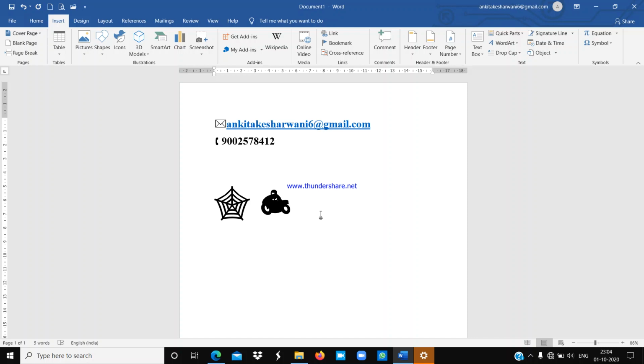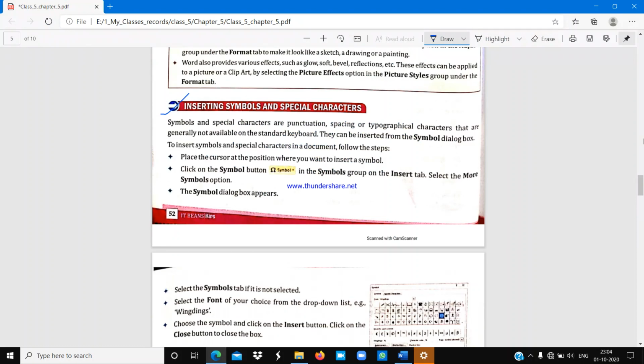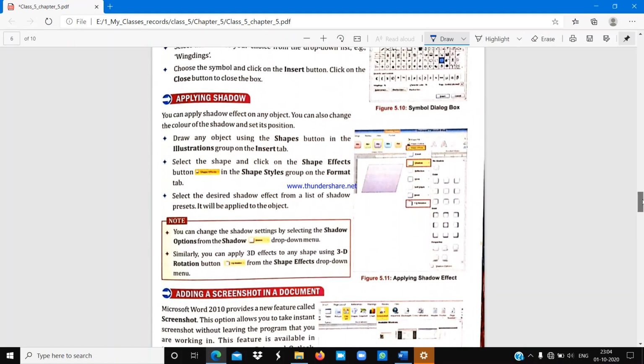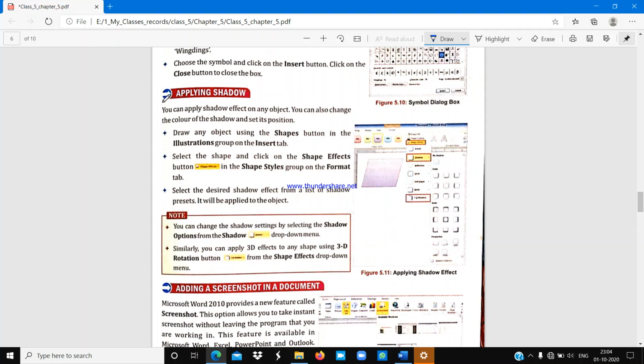Now I am going to start our next topic. I think this topic has been cleared for you. Right now you have to see here, applying shadow: how we can apply shadow effects to our shapes or objects.